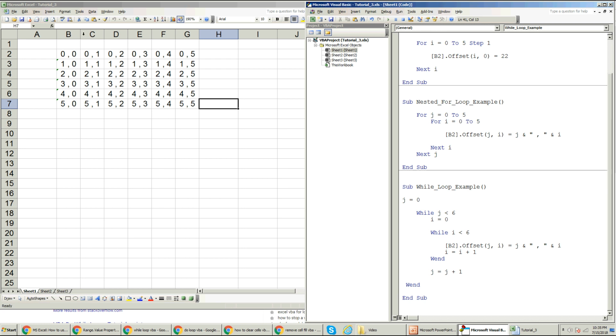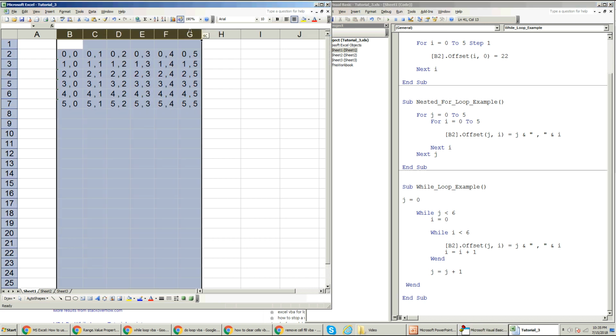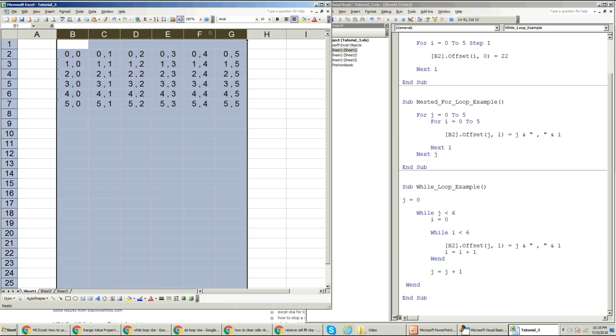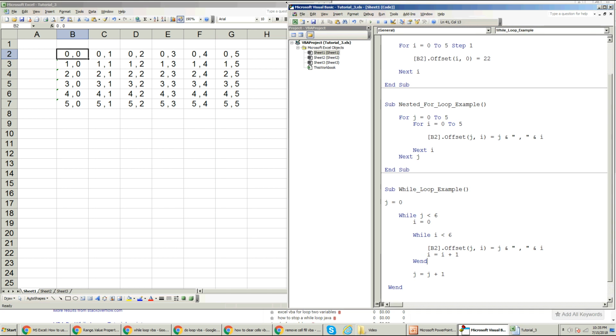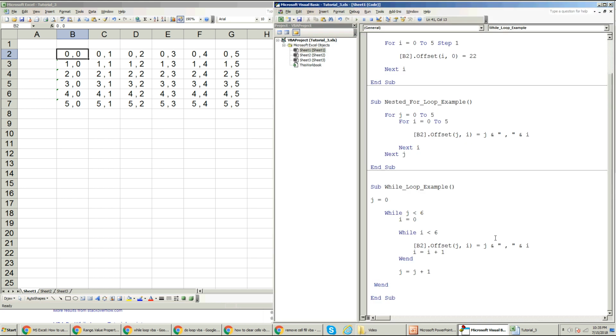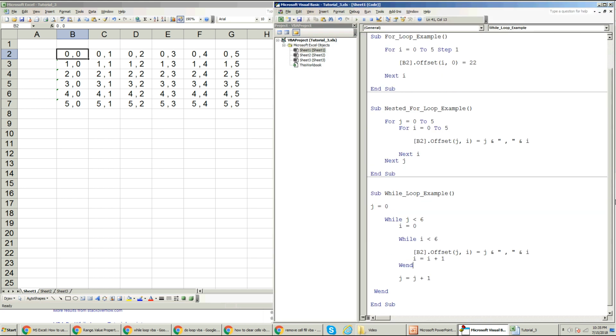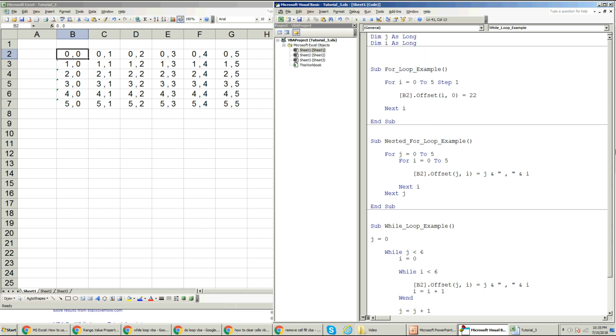Okay. And you see what you get. This is the J, the first number is J, the second number is I. Okay. So J increases vertically, I increases horizontally. Okay. So you got this. Now you can see that I said that it doesn't matter which, it does matter because